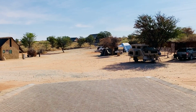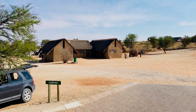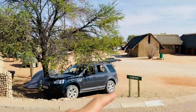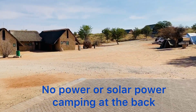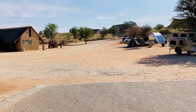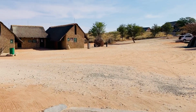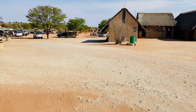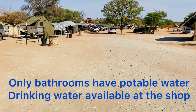In terms of orientation, the campsite starts there, number 1, 2, 3, 4, 5, goes down this way, goes around and all the way back, and then the non-power camping site is at the back of this building. As per usual, this is the Kgalagadi. So water is scarce and taps are few and far in between. So if you are going to be camping with a camper and you don't want to be shuffling water back